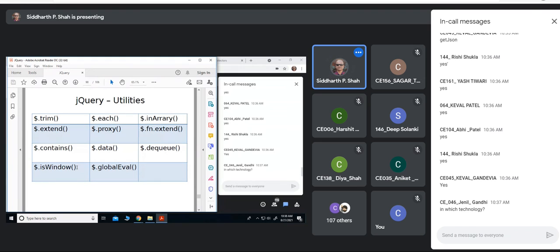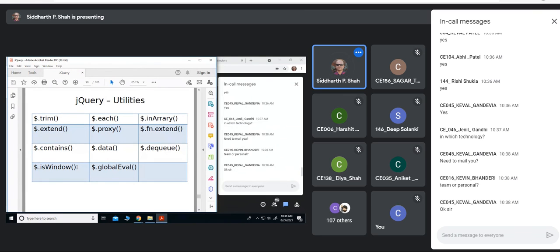In the backend, I want to use Node, and in the front end, I want to use Angular. Yes, you can send me an email. Okay, we'll discuss that after. It's up to you whether you want to create a team or do it alone.